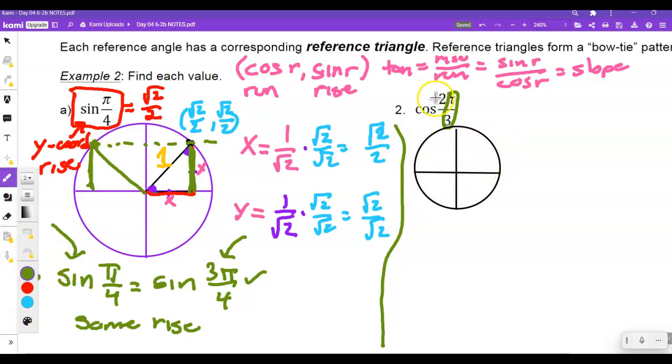So 2 pi over 3 would be right about here. Okay. It has a reference angle of 60, which means it has all the properties of a 60-degree angle. Just some things are positive, negative, right? So here we go. That is a 60-degree angle right there. If I blow this up over here, if the hypotenuse is equal to 1,